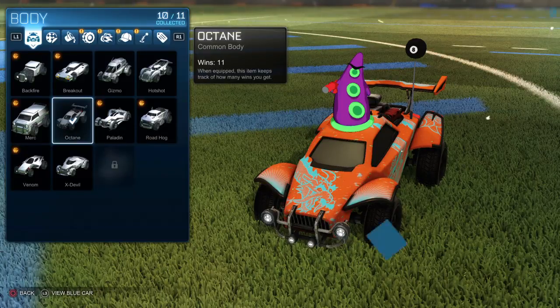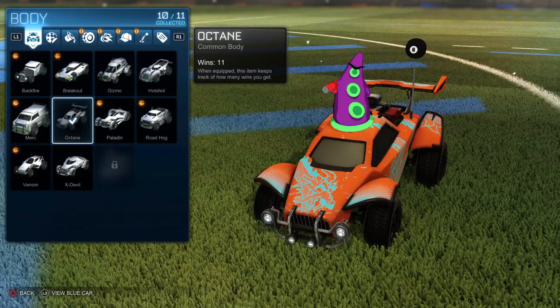Just jump up, feather your boost a little bit, turn your car, and then boom, you should get through. You have to air roll your car, you have to feather your boost. It's very important to note that you have to match the exact speed that I'm going. Otherwise,